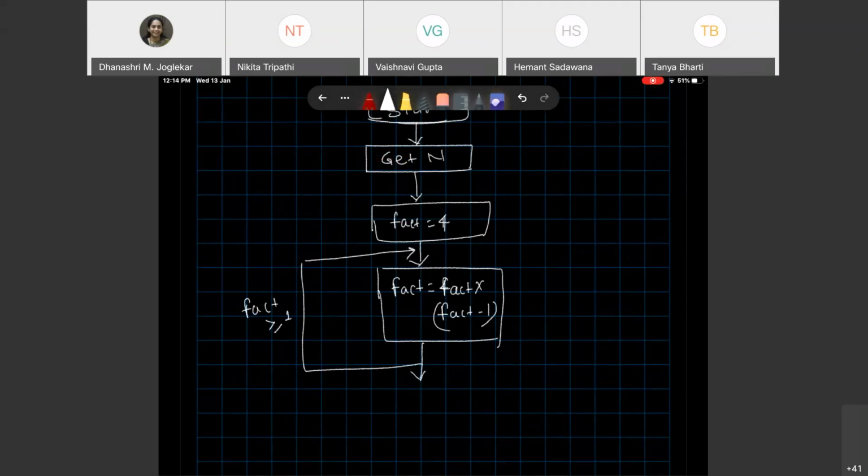Rather, you will be carrying out this only until it is greater than 1, so even when it is 1, at that time you will be carrying out this, so you will even be multiplying by 1. You will carry out this activity until this condition is satisfied. If this condition is not satisfied, then you will come out of this loop and the final answer is this fact.